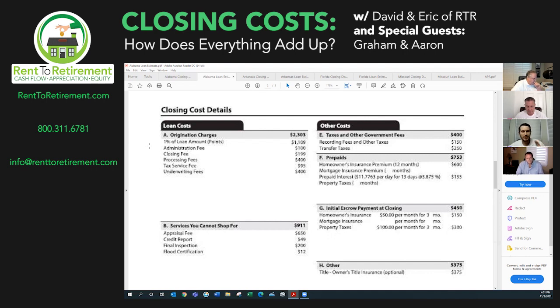But as far as our fees, for example, at Highlands, if you add together this administration, closing, processing, tax service, underwriting, that makes up the fees that we collect as a lender. All in, that's $1,194. That doesn't fluctuate based off of sales price or loan amount or state location, anything like that. So we know what our fees are at the beginning. We have control over them. So this section A is not going to change at all. We'll see that when we take a look at the final closing disclosure here. That won't change.